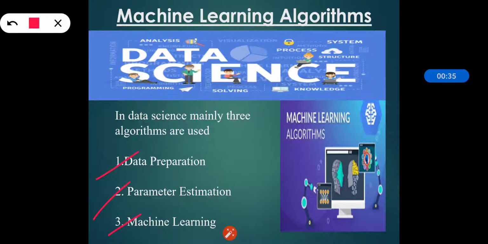Data preparation is basically used as the process algorithms. The next one is parameter estimation, where the optimization algorithms are used, which include stochastic gradient descent, least squares and Newton's method. The third one is the machine learning algorithms.